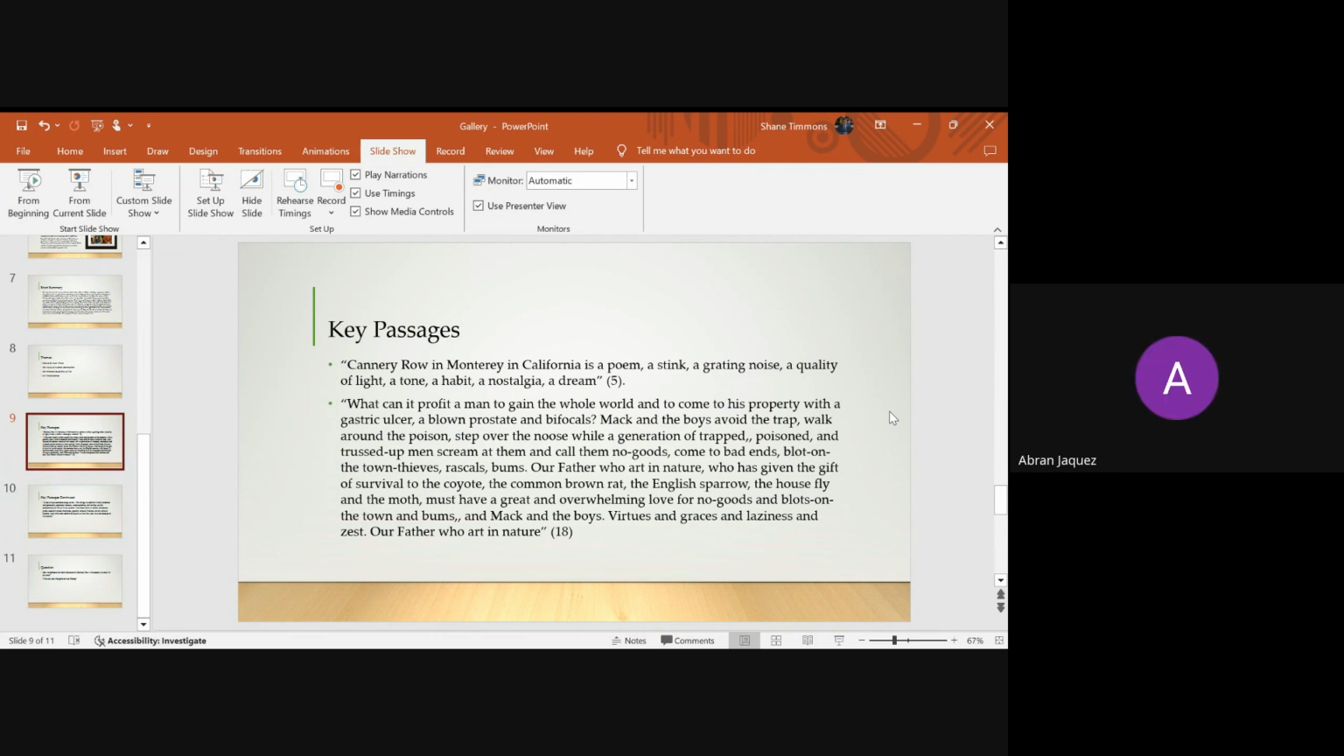So if I can piggyback off of that, it seems like he does this multiple times throughout the book, where he does contrasting juxtaposition. He's talking about them being a blot on the town, thieves, rascals, bums, and then he also said that they were the true philosophers. I think it was right after this point where he says,